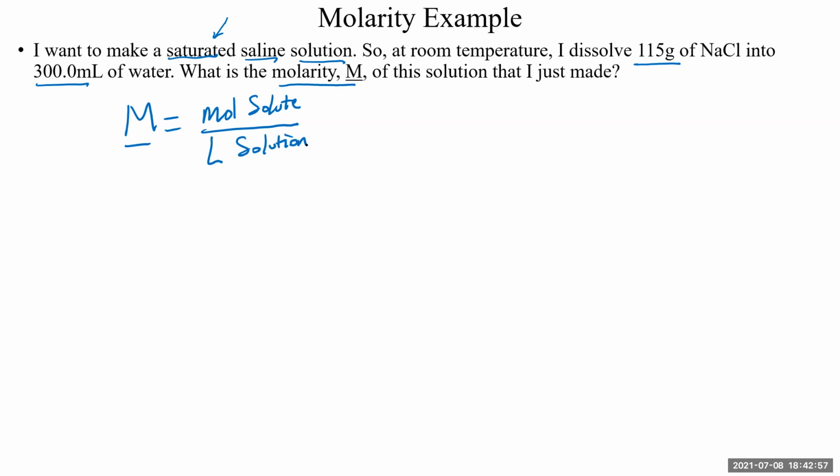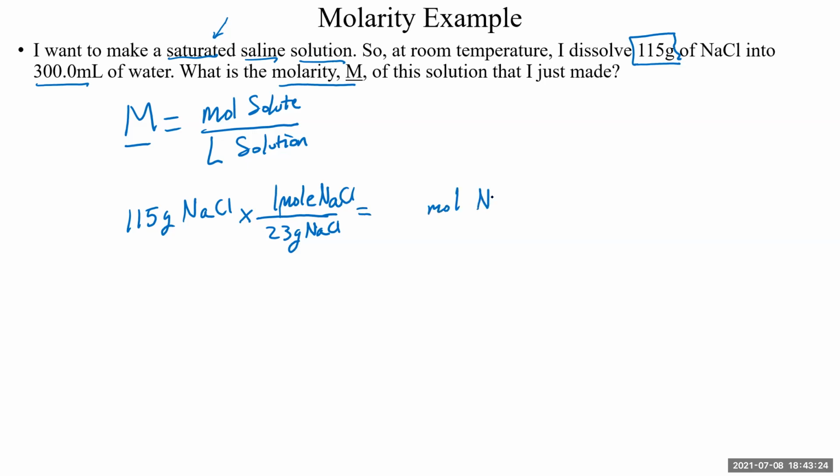Okay, well, what are moles of solute? Well, we don't have moles of solute. We have 115 grams of solute. So we're going to have to convert. We're going to convert 115 grams of NaCl to moles of NaCl. So every 58.5 grams of NaCl gives us 1 mole of NaCl. So by this way, we convert to moles of NaCl,